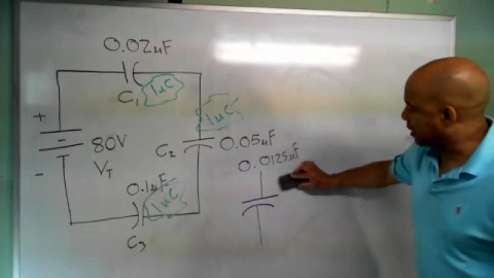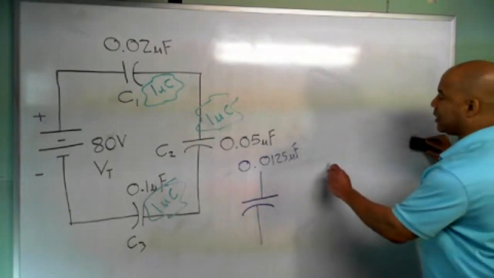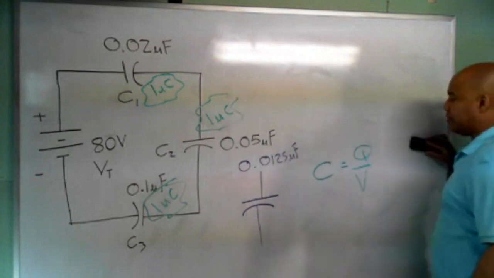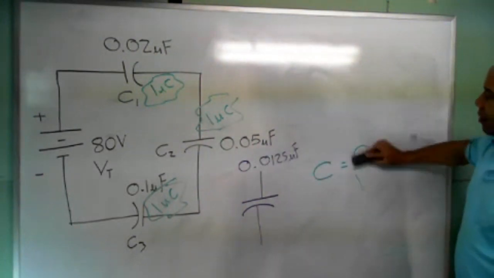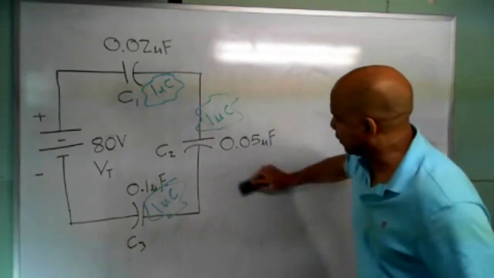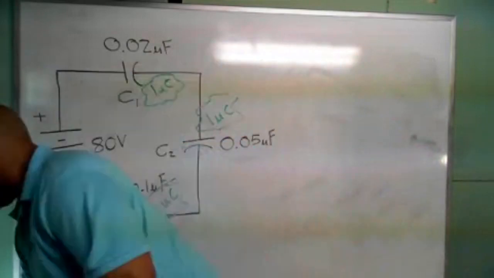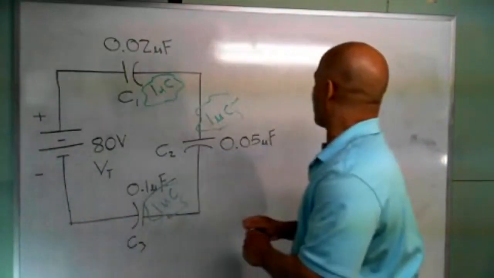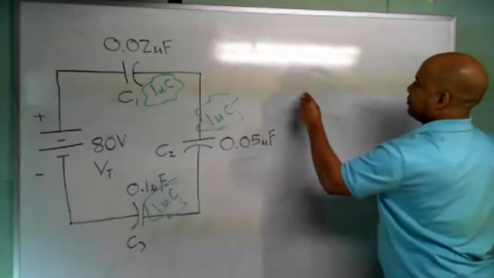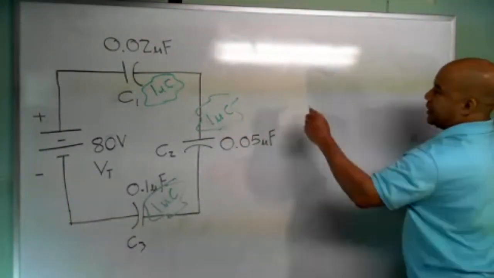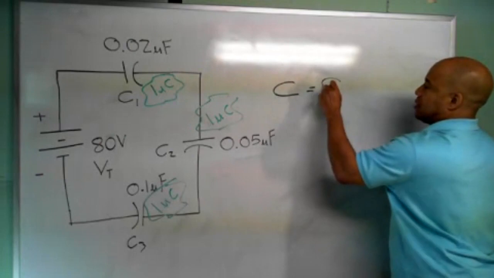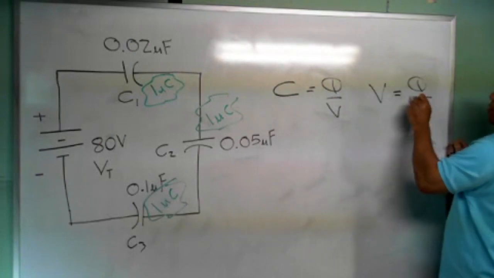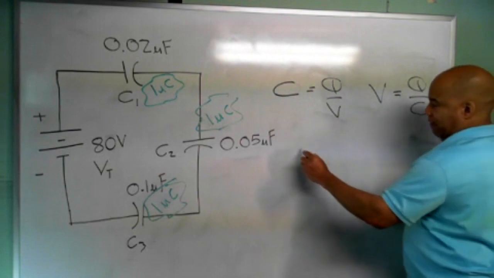You're going to go to what I call Ohm's law for capacitors. C equals Q on V for each individual capacitor. And that's going to give you what we're looking for. So you go ahead and do that. I'm going to write it out neatly so you can see what I'm saying. C equals Q on V. So V is going to equal Q on C. So if I want V1,